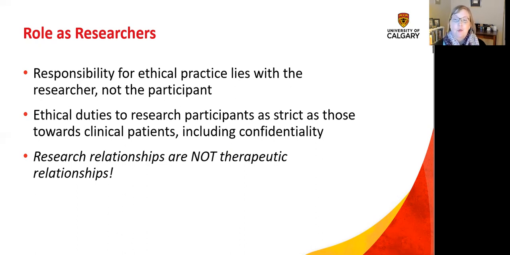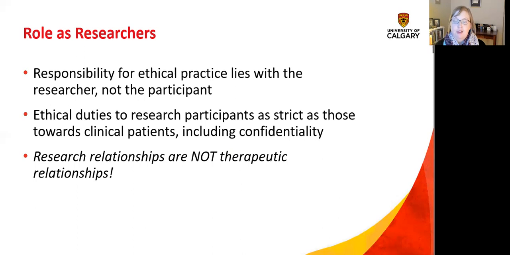As a researcher, you are there to work with the participant and collect data. That doesn't mean that you just leave somebody hungry. It means that you say, okay, I'm going to contact somebody who can support you with this, but it's not you that does it. You are not there to problem solve issues with the participants. And that can be hard if they say, well, I was supposed to have a referral and nobody ever called me back. You might want to jump right in and say, did you call patient services? Did you call the switchboard? Did you do this? You have to restrain that and focus on what the research question is, what the research purpose is, and how you are working with this participant.